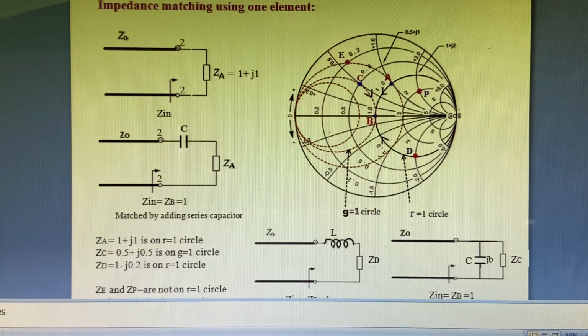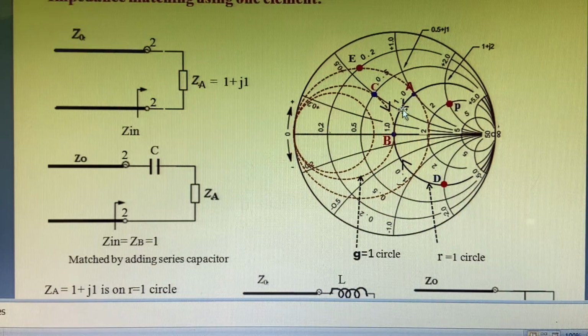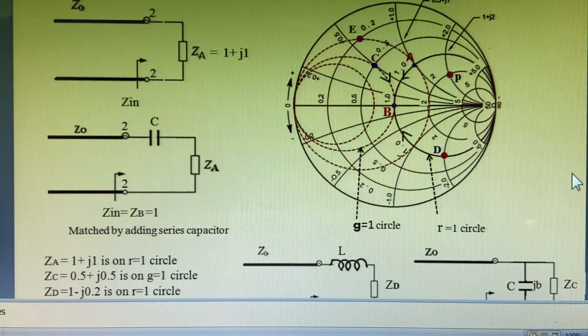Now, that is called one element matching. If the load impedance values are on the R is equal to 1 circle, or the G is equal to 1 circle, we may add only one element to get the impedance matching, like these circuits. Now, if